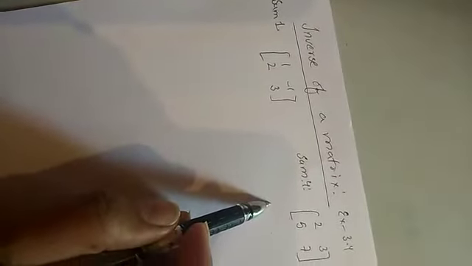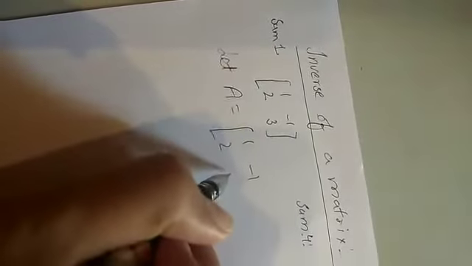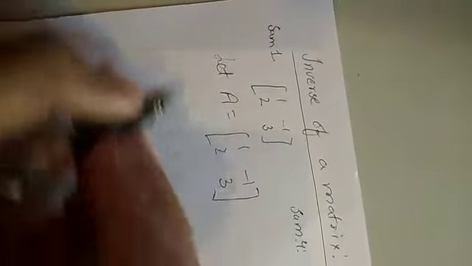In the previous video we learned about the elementary operations, and here I have taken two sums of exercise 3.4, sum number 1 and sum number 4. One sum we will do with the help of row operations and the second sum we will do with the help of column operations. If you remember, in the previous video we discussed that when I start the sum with row operations, I will take the given matrix as A. A will be 1, 2, minus 1 and 3. This is our given matrix.